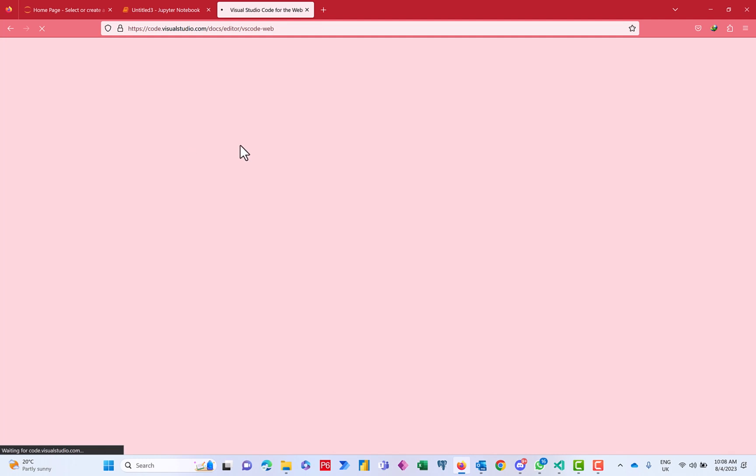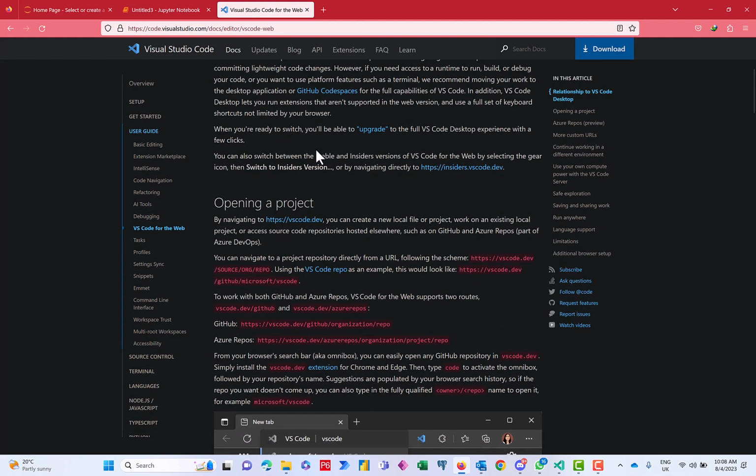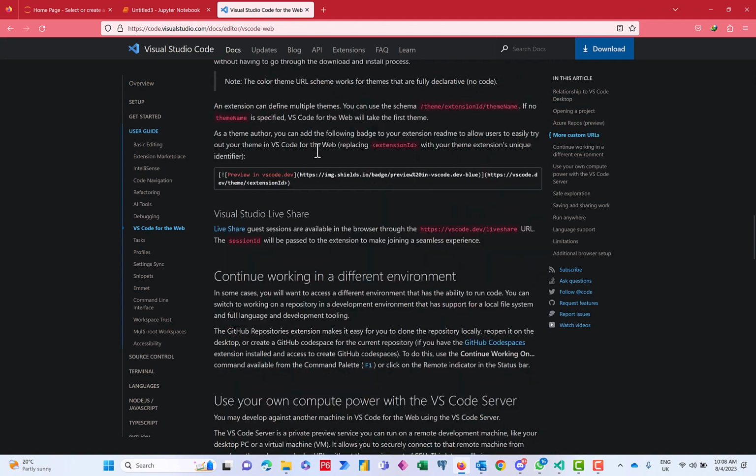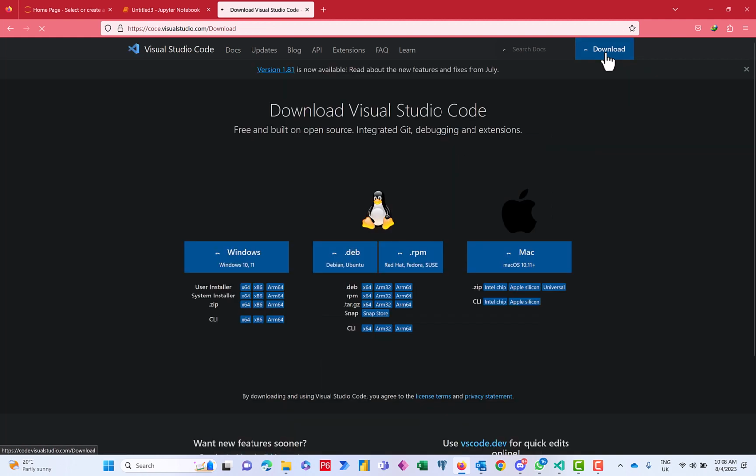You click on that, it opens the browser, and here you need to pay particular attention if you want to get that Insiders VS Code version. So here you just go to download, and then a page will open,